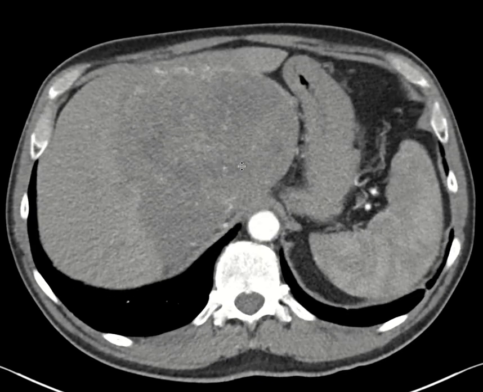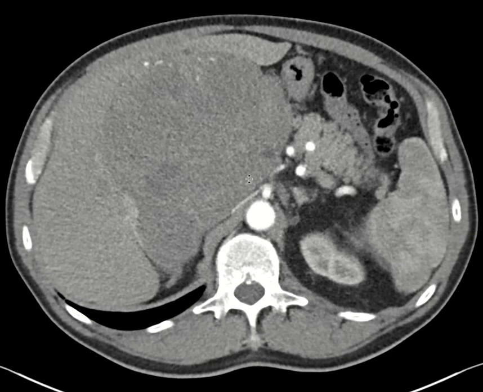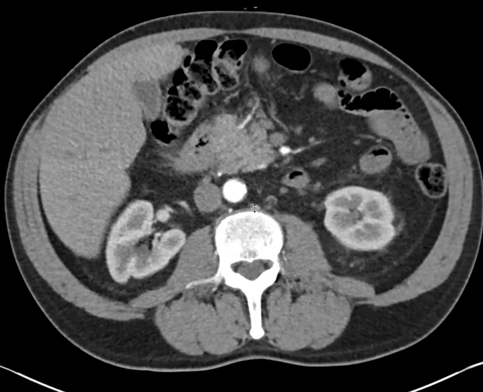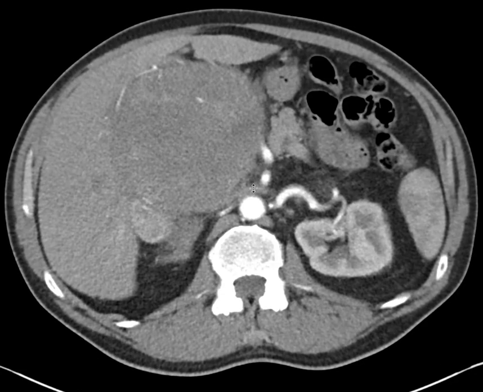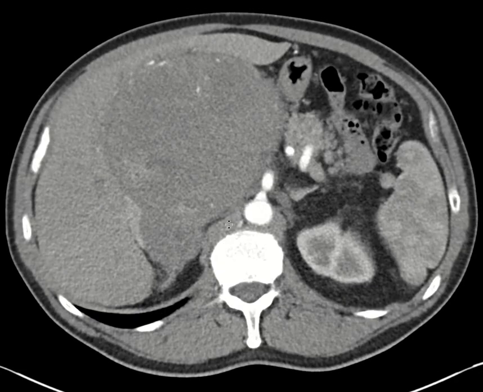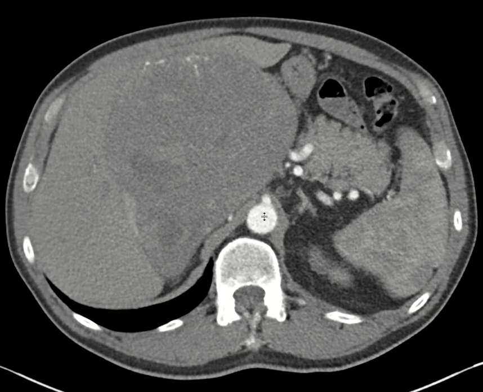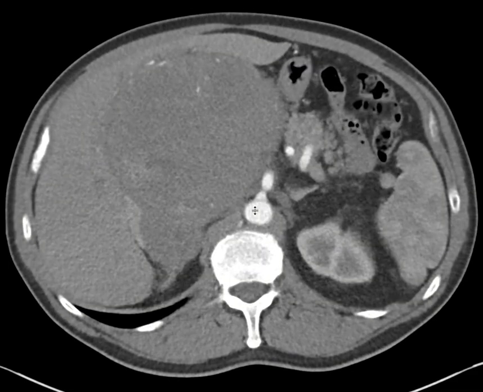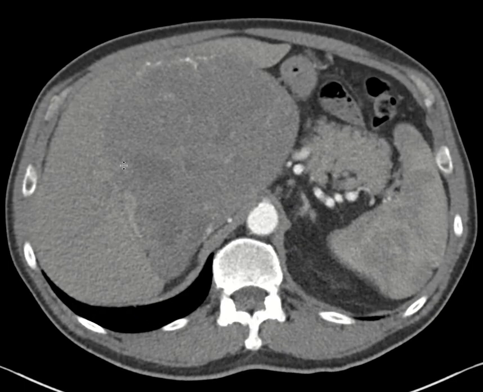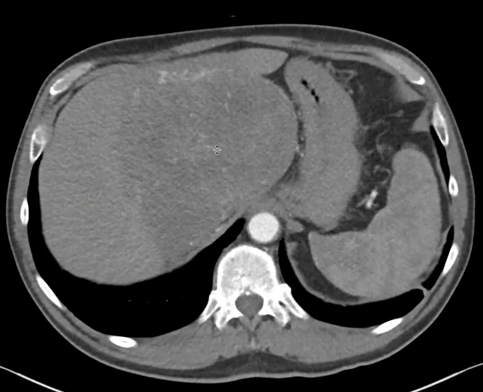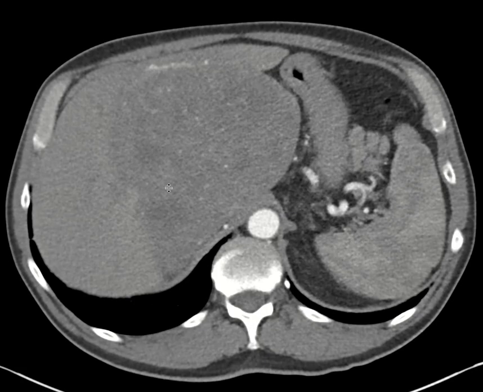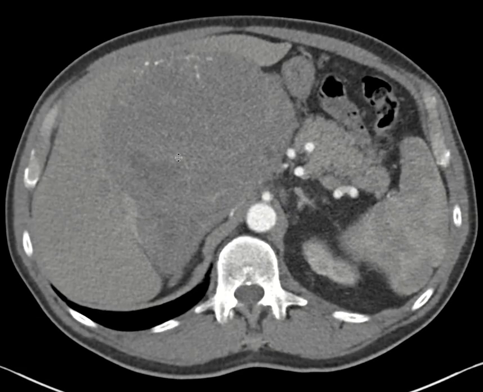Here's a CT scan of the abdomen and pelvis that was performed in multiple phases. And so this initial phase that we're looking at here is the arterial phase. You can tell that because most of the contrast is within the aorta. And we can see within the liver itself, there's a large mass that is having quite extensive mass effect on